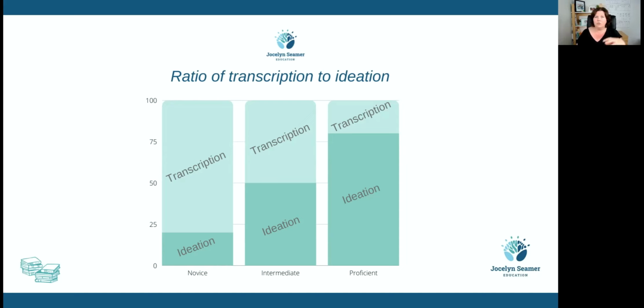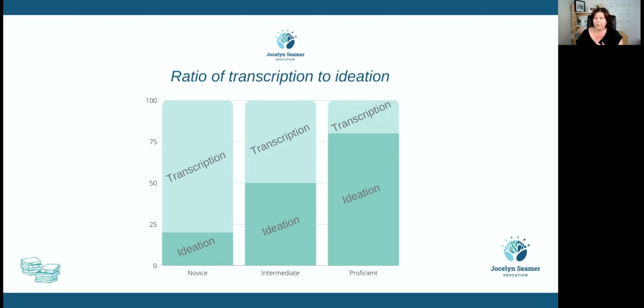So when it comes to transcription and ideation, or language expression and getting words on the page, in the early years we need a really strong focus on helping the children get the words onto the page. Writing is an incredibly complex undertaking. And if we don't have automatic handwriting, automatic word level writing, both the single syllable and multi-syllable words, including all